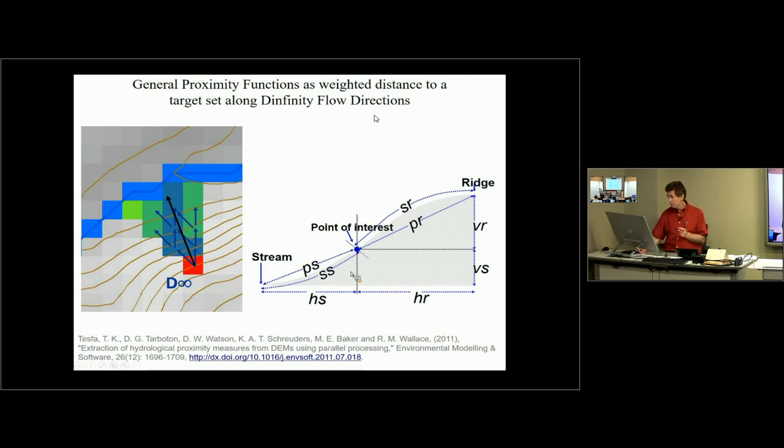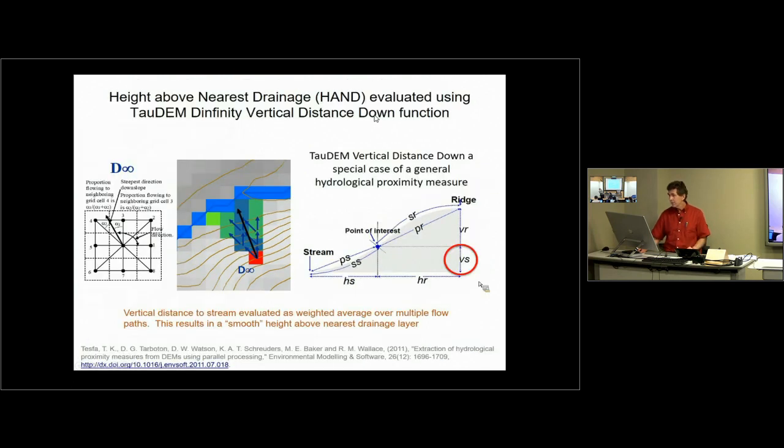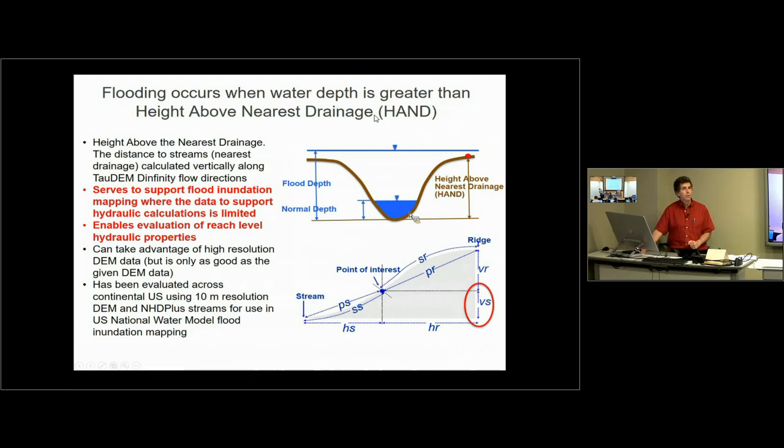Where this really took off was the vertical distance to the stream, which is the height above the stream or the height above the nearest drainage, and that we started using for flood mapping. So this just shows that this particular function amongst the many that we came up with turned out to be quite popular because it can be used for mapping floods. So the hydromobility